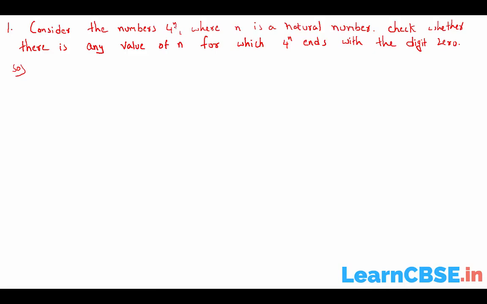If you change the value of n for any other value, whether it be a multiple of 10 or not. So if the number 4 power n were to end with 0,